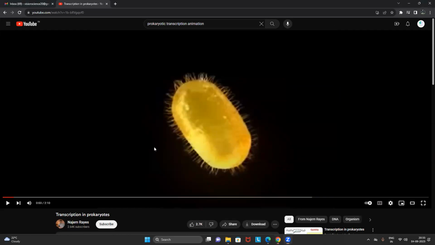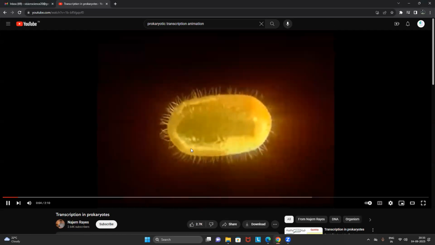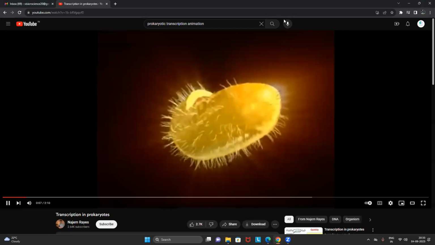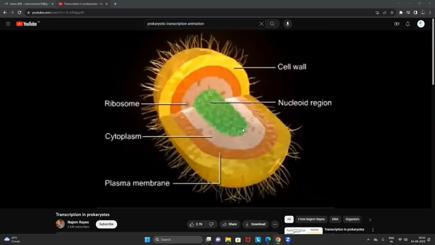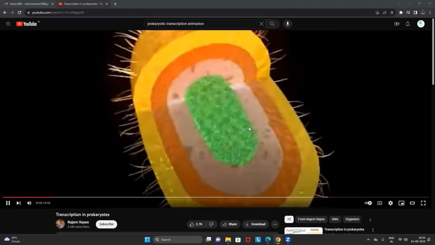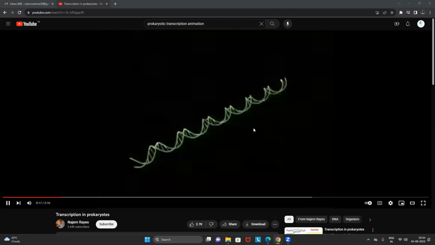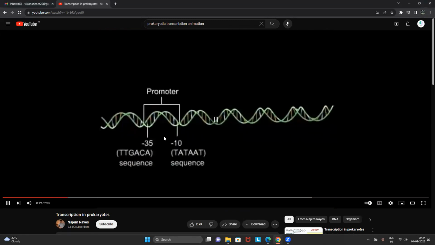So all the students look into this. This is a prokaryotic cell such as the bacteria. Look into that. I want you to see it very correctly. So that is the DNA. Now you all can see the promoters, friends. You can see, right? The -10 region, one promoter, the TATA box. The -35 region, there is another promoter. You know that.